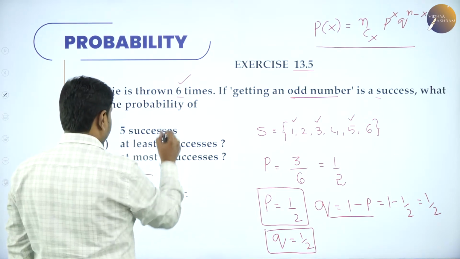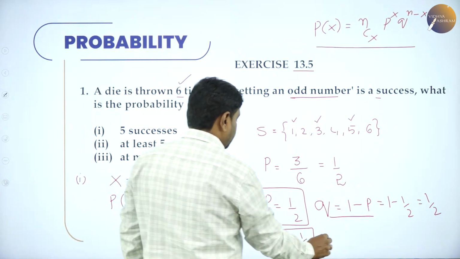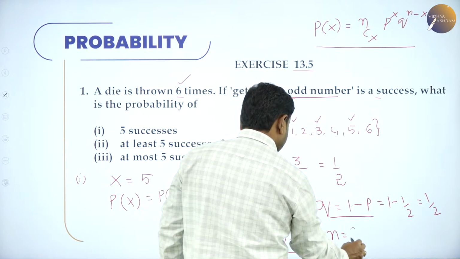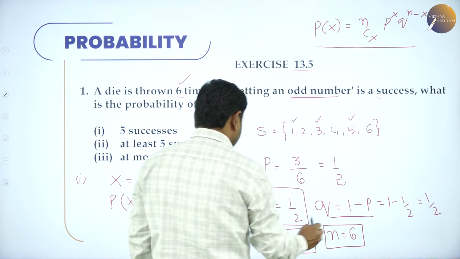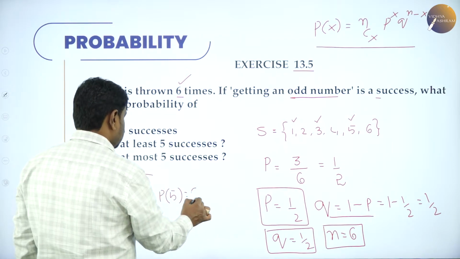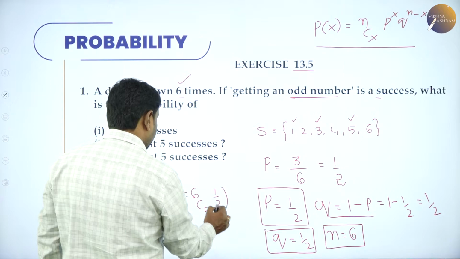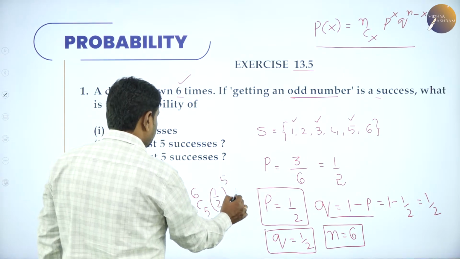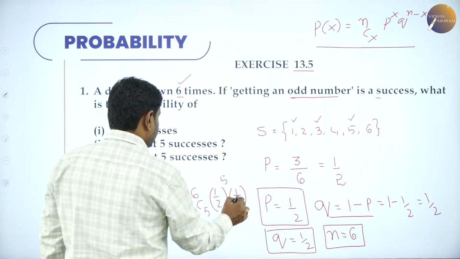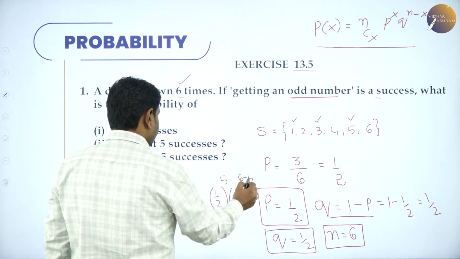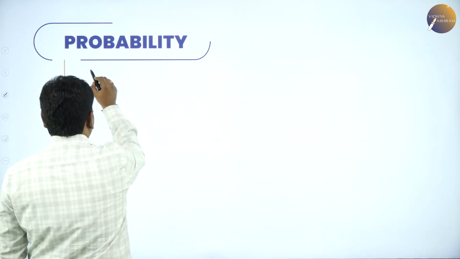nCx. n means number of trials. So in this case, the number of trials is also given. n is exactly what? 6. 6 times you tossed. So that's why 6C5. P power x, P means 1 by 2, power x, x means 5. Q is also 1 by 2, power n minus x, 6 minus 5. So P of 5 becomes